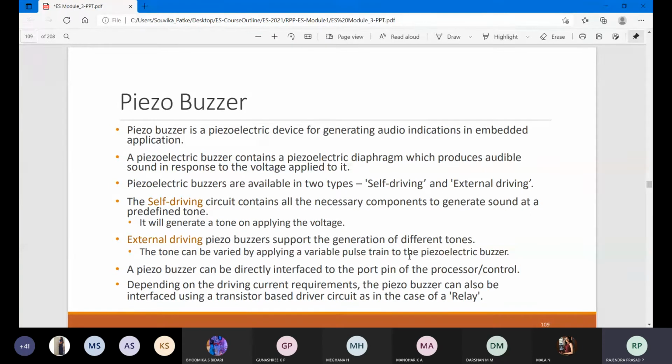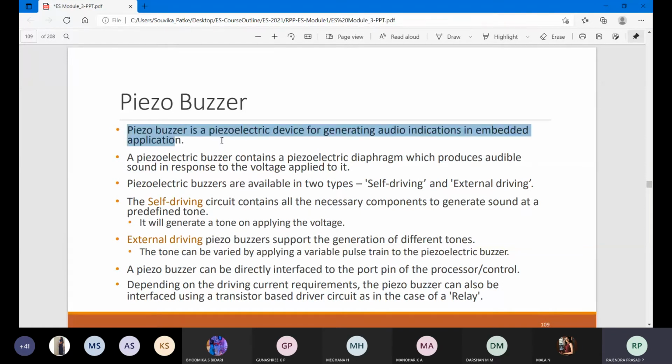So why we are doing all this is that it should be very easy to use for the user. That is what they are trying to do. Right? It should consume less power, it should be low cost, and it should give very high output. That is what we are expecting. But obviously it is not possible. You want all the features, but you don't want to pay high money, so that is not possible. But basic things it will provide. So basically LED these things it will provide, but if you want extra, then you need to pay. Those are a few examples which you can find.